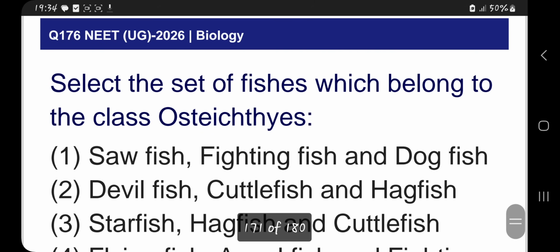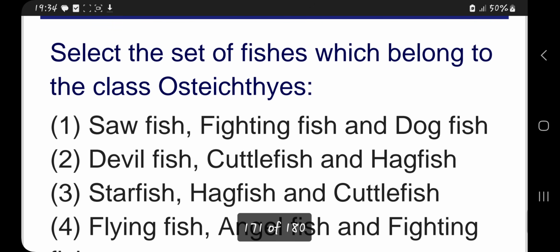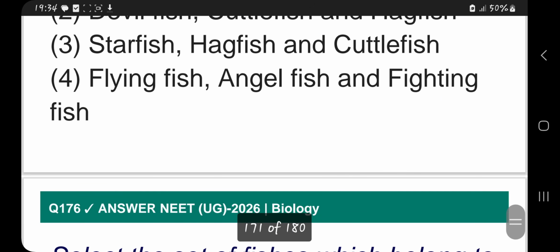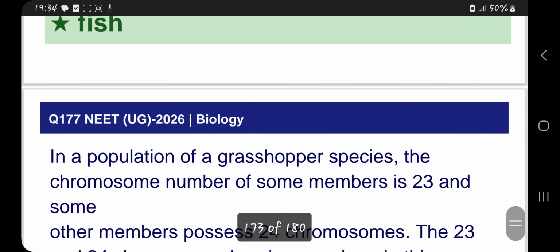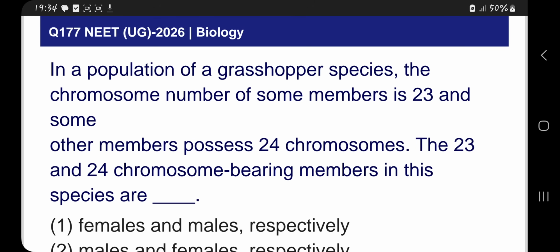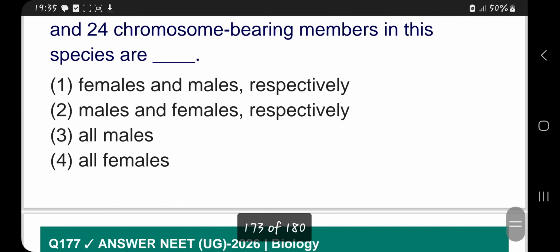Select the set of fishes which belong to the class Osteichthyes, bony fishes. All of them should be bony fish. Dogfish is cartilaginous. Devilfish, they're all mollusca. Starfish here. Flying fish, angelfish and fighting fish, they're all bony fishes. Fourth option is correct. In a population of grasshopper species, the chromosome number of some members is 23 and some other members possess 24 chromosomes. The 23 and 24 chromosome bearing members in the species are